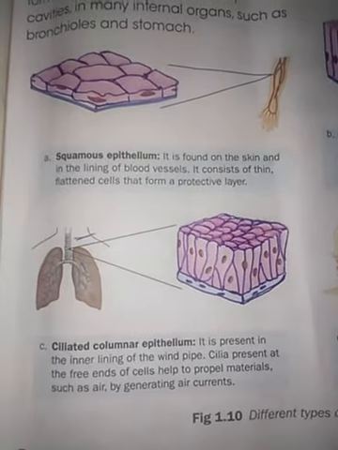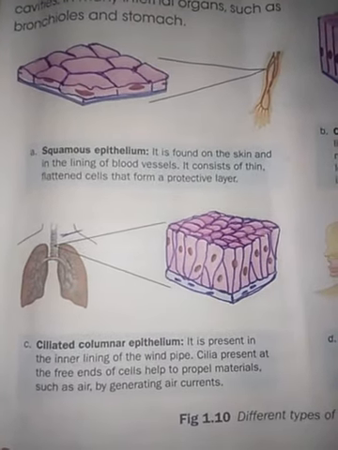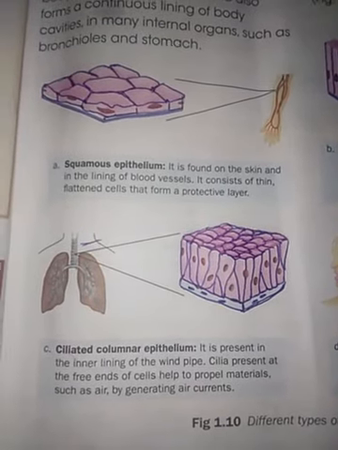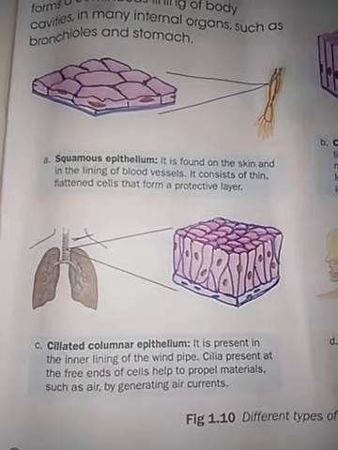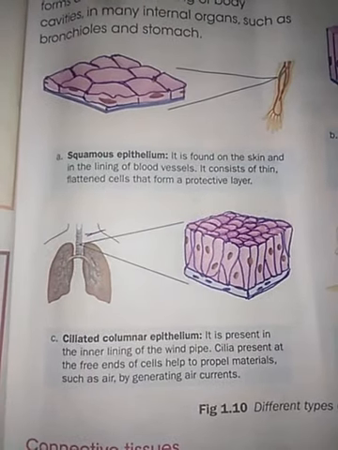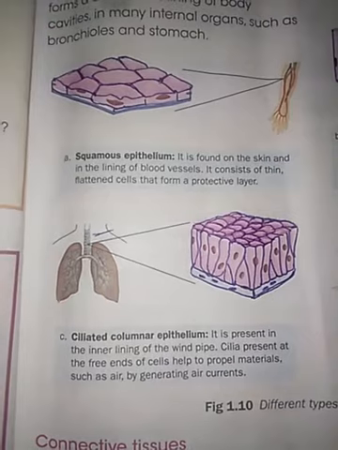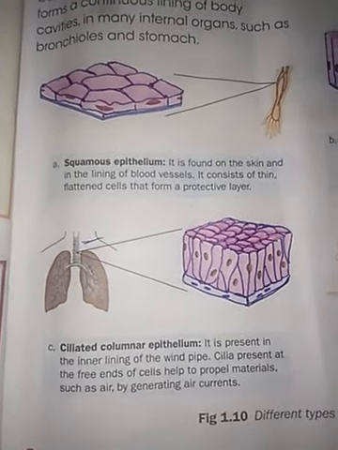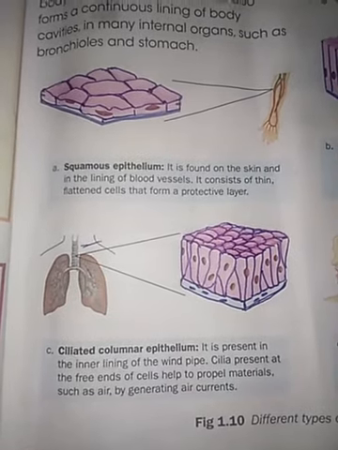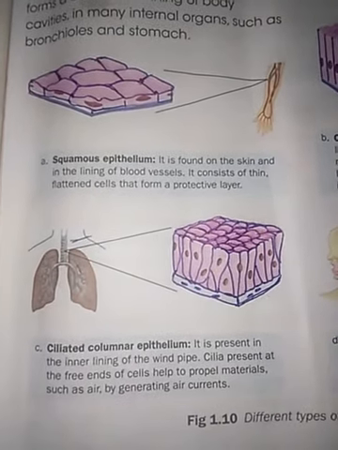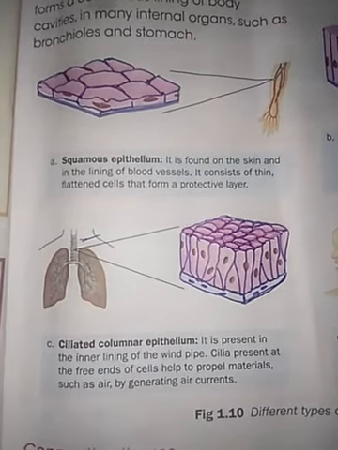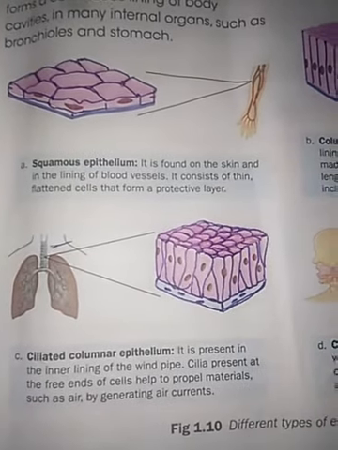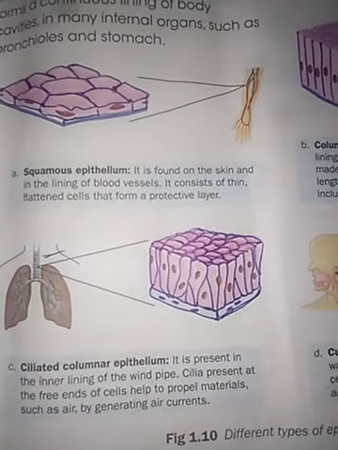Connective tissue cells are present as separated cells. These cells are joined with non-living substances. That is called as the matrix. According to the types of connective tissue, matrix can be solid. What is the meaning of matrix? It is a non-living substance. How is it present? It is present like a soft and fibrous fluid.